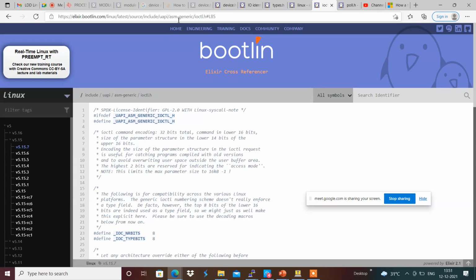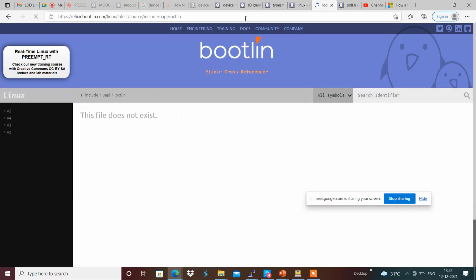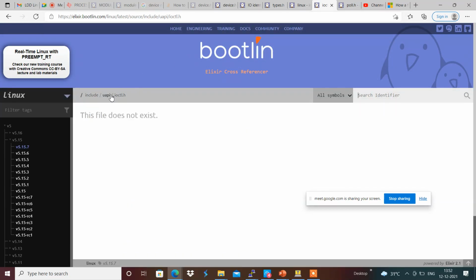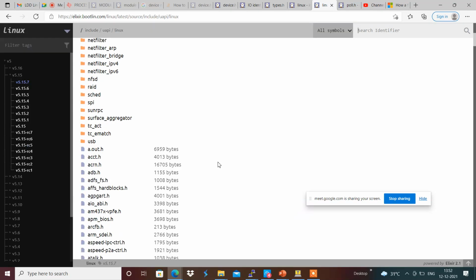UAPI Linux, Control F ioctl. Yes, we have to include UAPI Linux ioctl.h for this.